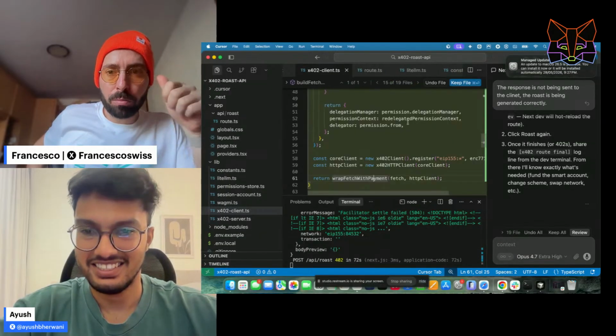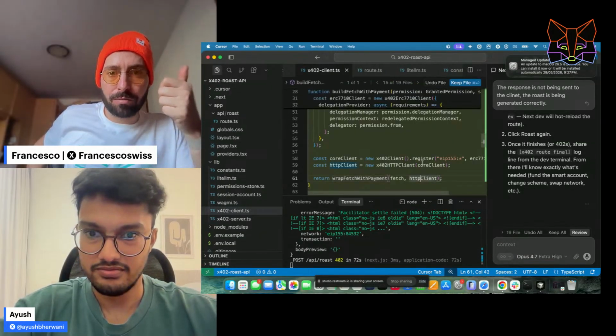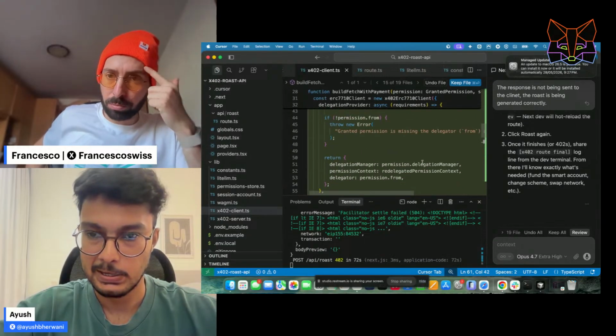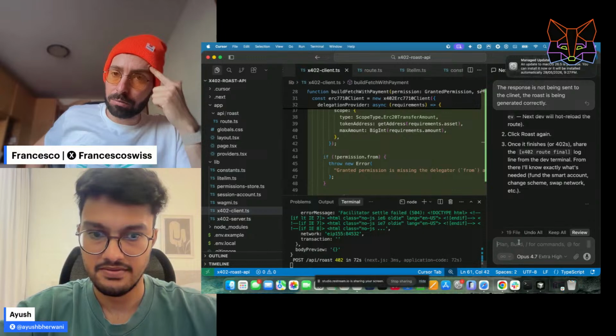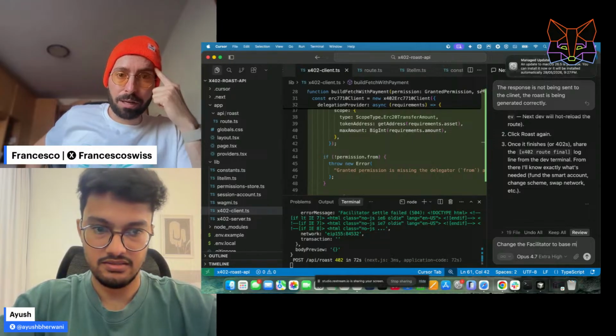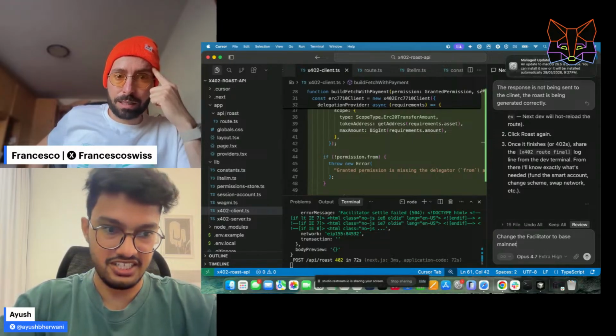I mean, what will be the next steps in terms of debugging here? Either changing the facilitator. I don't know how Base mainnet will change the settlement side, but we can try as a last test.